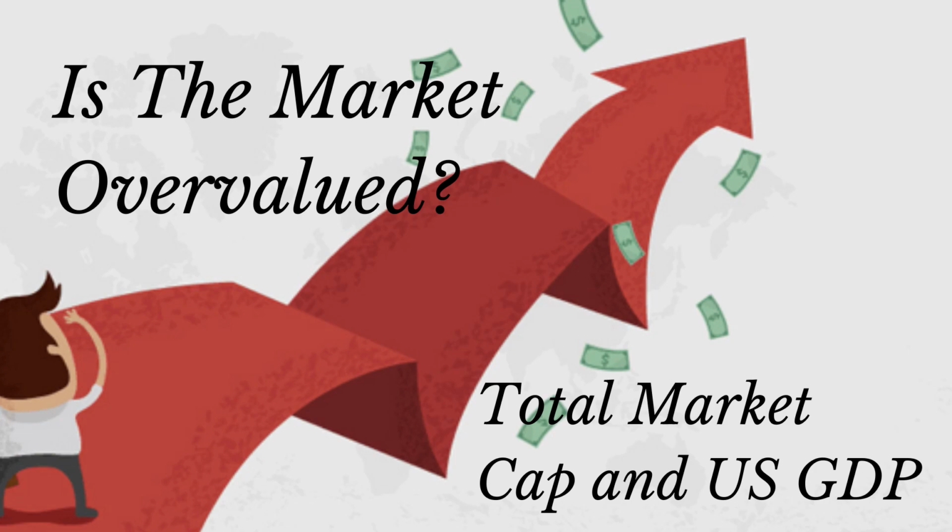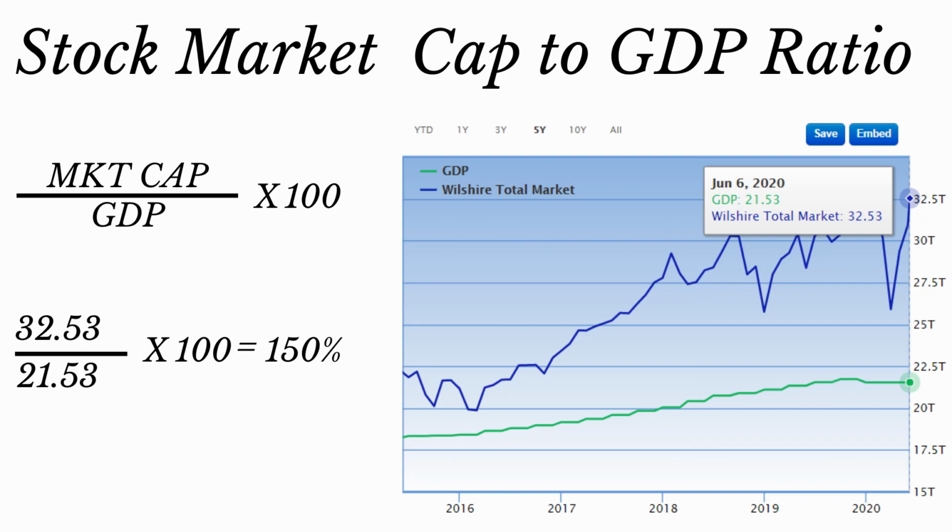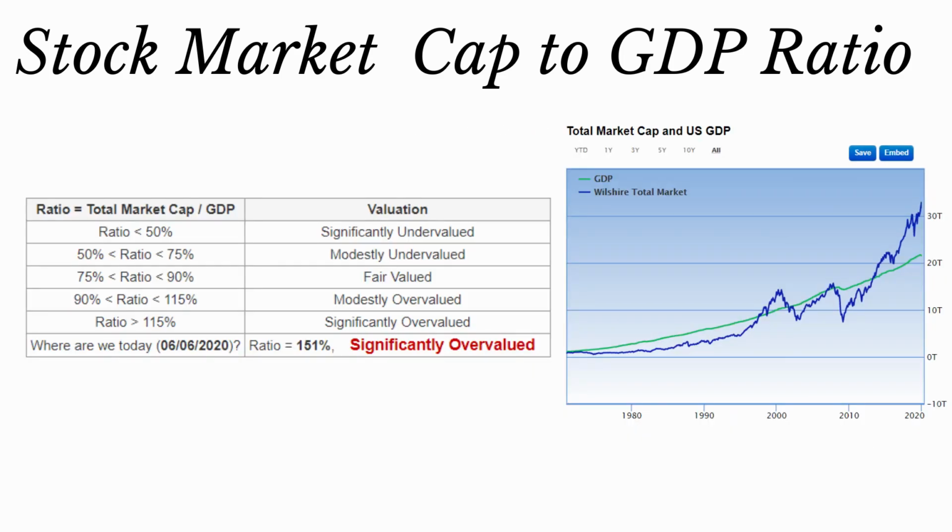Just to make it simple, it's the stock market capitalization divided by the GDP, which is the gross domestic product, and then multiplied by 100. As of today, the total market index is at around $30 trillion, which is about 150% of the last reported GDP. If we take a look at historical averages and try to figure out if the market is overvalued or undervalued, if we look at the readings, so if the ratio